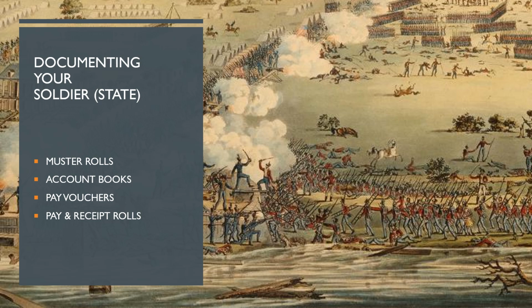They've made it very easy, even though there is a fee involved, as you might expect. A second source for state-level records is account books. There are 11 volumes prepared by the Board of Auditors, compiling claims of North Carolina soldiers and civilians in support of coastal defense and the 1815 muster at Wadesboro. Name, rank, length, and type of service, and amounts due for pay are given. These account books are indexed, and you can view them at the archives.